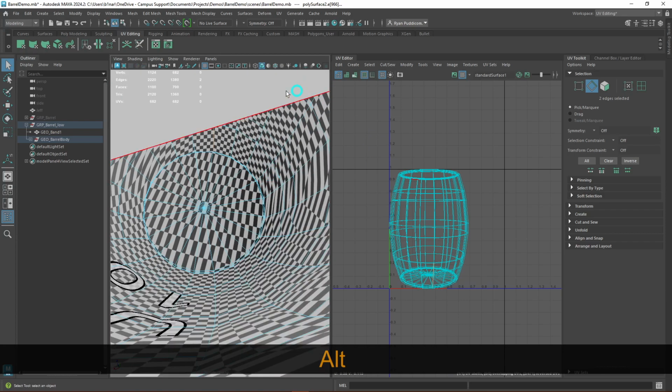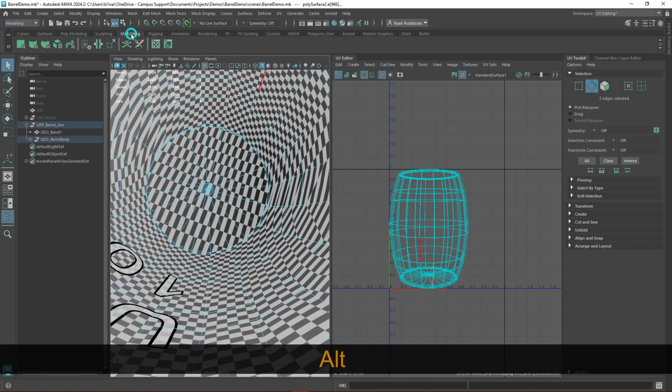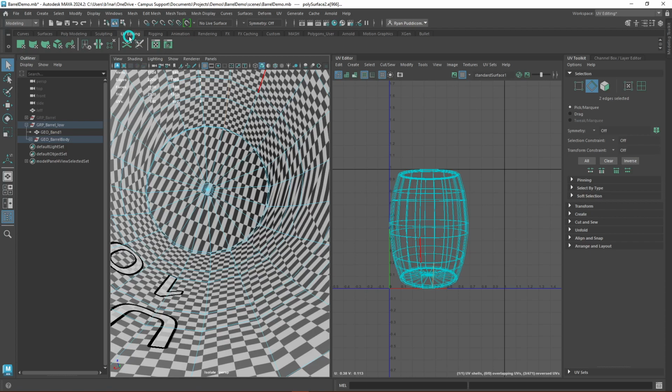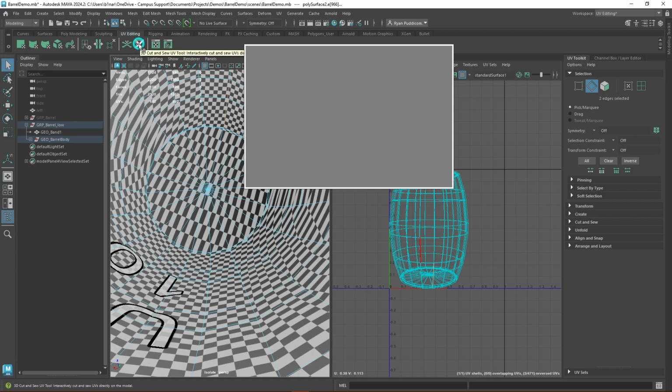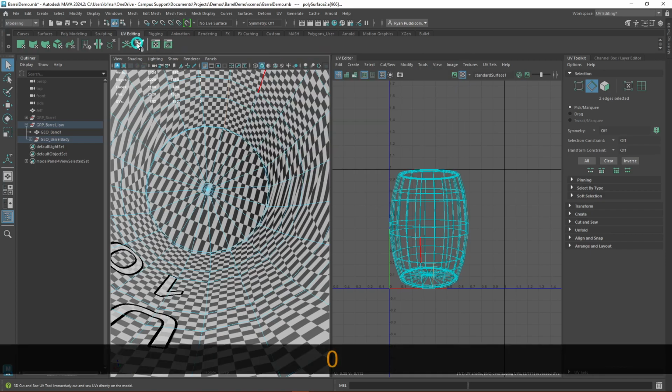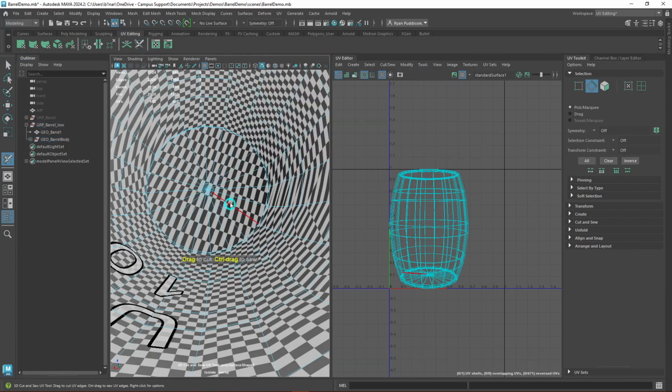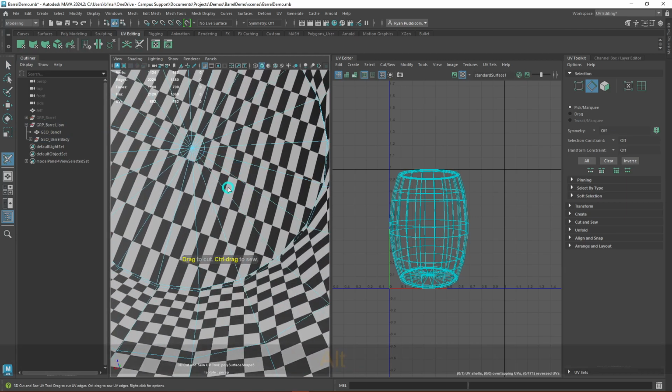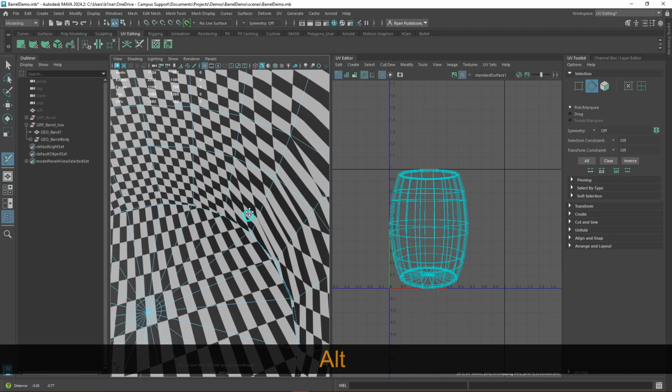I find a bit easier way of doing that is if you change to the UV editing tab, you've got this tool here, this 3D Cut and Sew tool. And so we're going to use that. What that does is when you double click,